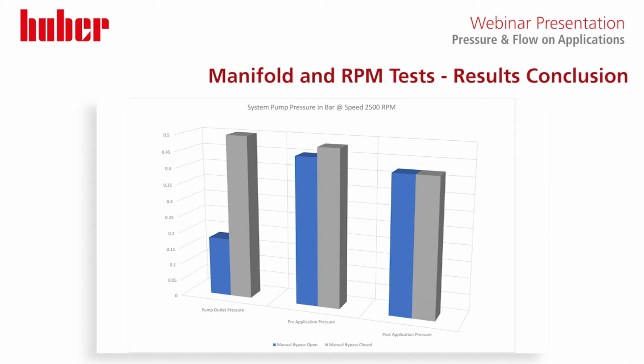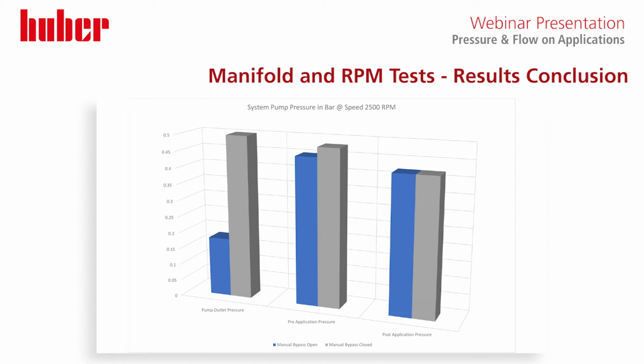This is our bypass closed. Our pump outlet is just below half a bar. The entrance to the vessel, which is seeing a little bit of a pressure drop, is just above 0.45. And the exit of our application, again, is at 0.4 bar, just slightly above it. So we can see that there is a pressure drop observed from our unit to the inlet